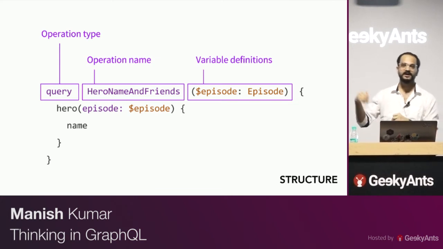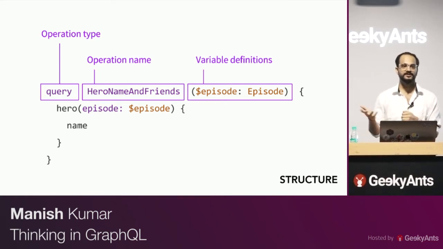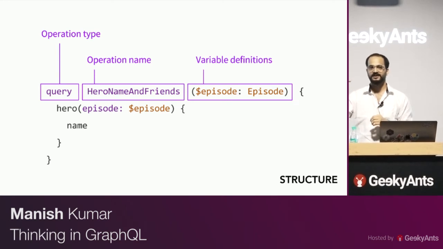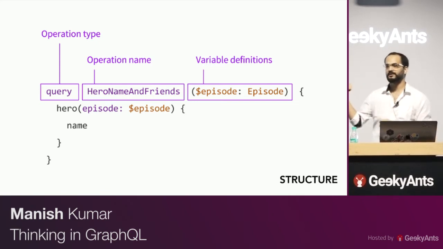So earlier in REST, you would have an endpoint saying users, yourapi.com/user, right? You don't know what it will give you. It might give you just the ID, name, and email ID, or maybe date of birth. You don't know. Till the time you have not hit the API, you don't know. Here you know what you're going to get.